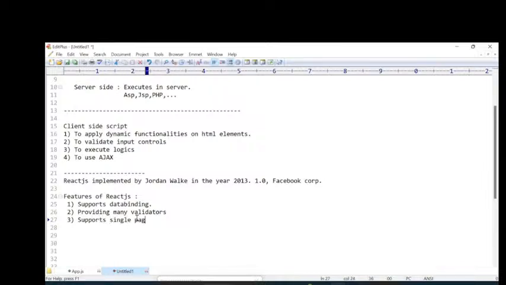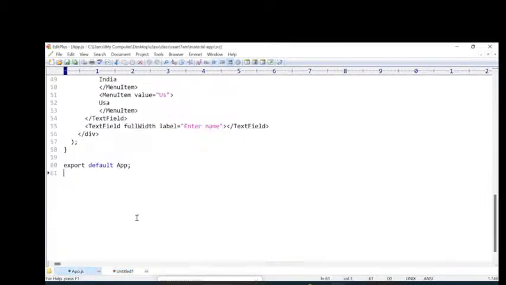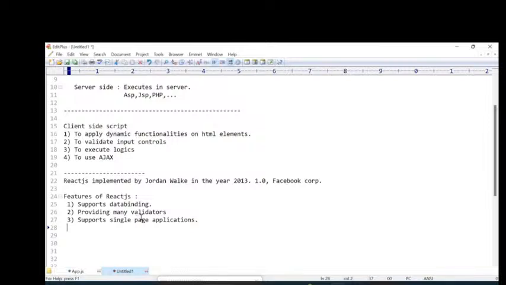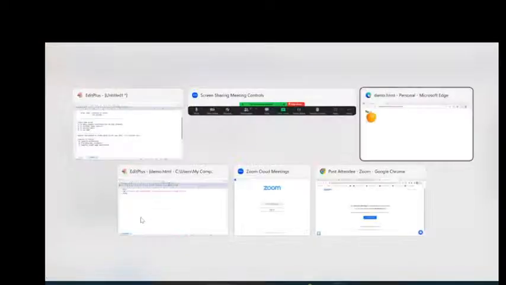Next, it supports single page applications. Yes, the next advantage is that React supports single page applications. What is a single page application? What is the advantage of this single page application? It is a very important and very popular concept. I will give you just a simple overview. See, for example,